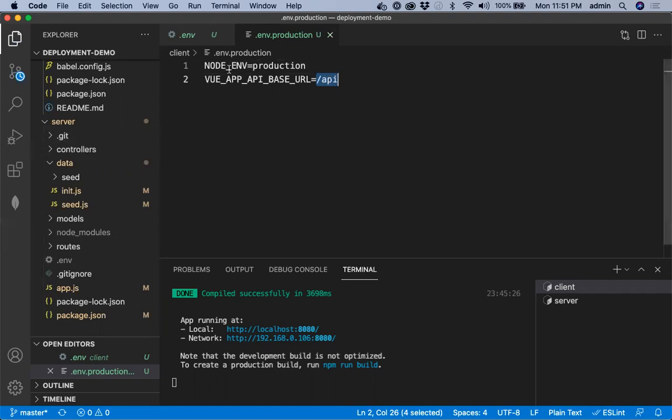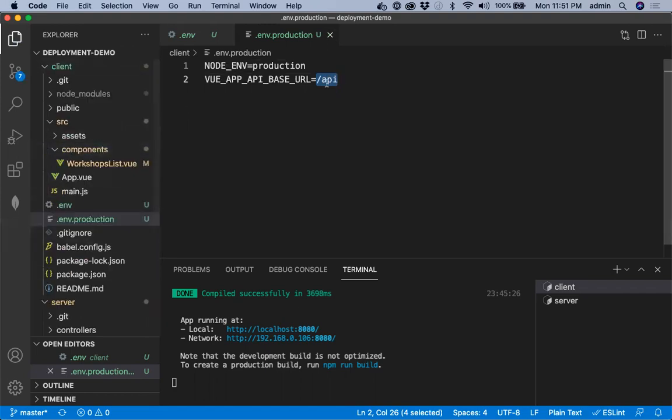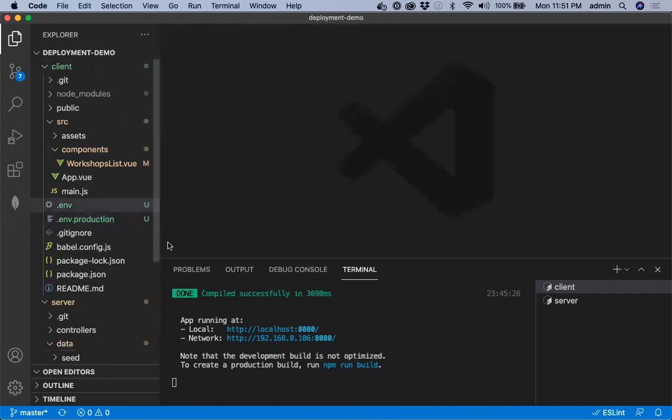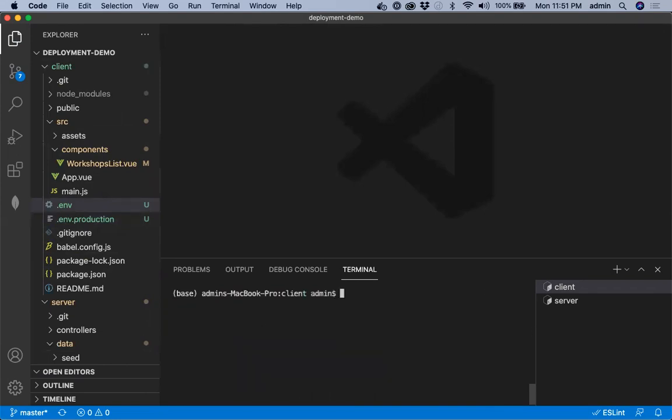So now that we have configured the front end app for production environment, we are now ready to build it. So I'll stop the running client and we are in the client folder only, and we'll npm run build.